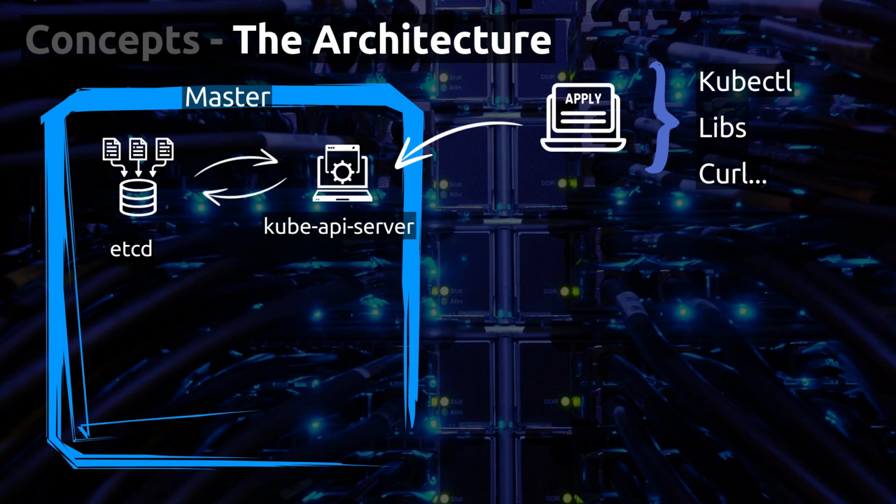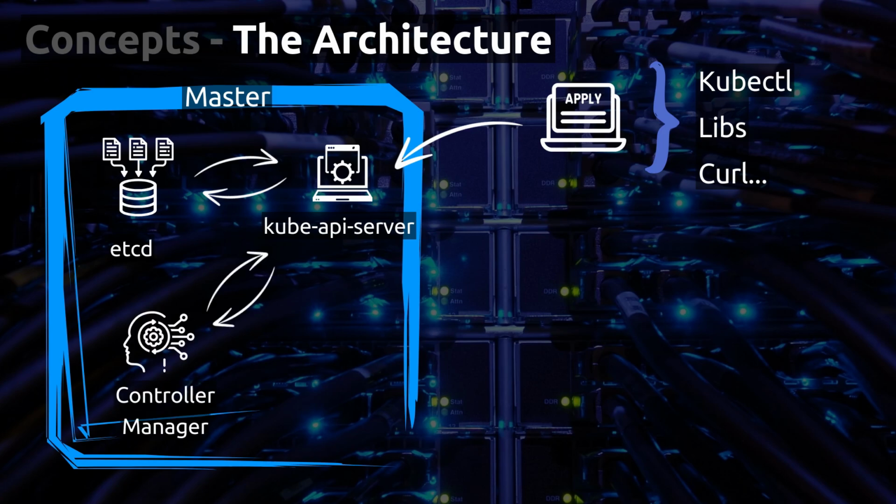Then the etcd database is a key value store that maintains the cluster state. It stores all information about the cluster, including nodes, pods, services, and deployments. By writing your deployment object to etcd, Kubernetes creates a record of your desired state. The etcd is crucial for fault tolerance in our cluster. If any components fail, Kubernetes can recover based on the desired state stored in etcd. And etcd needs to be composed of more than 3 nodes for high availability.